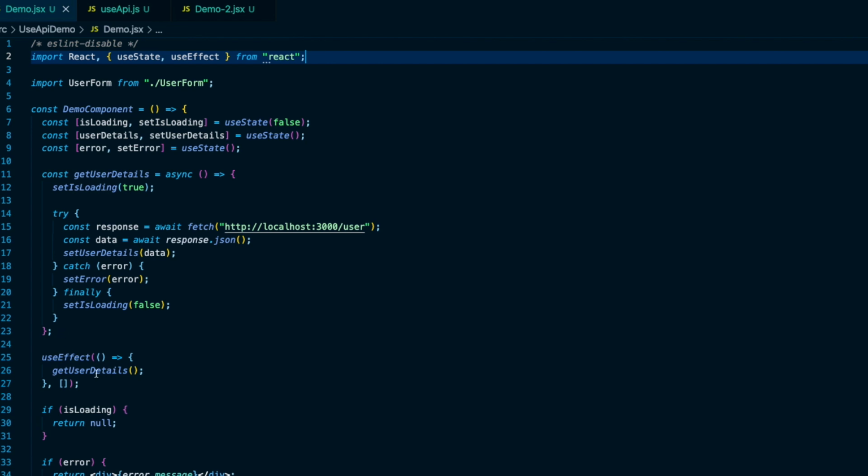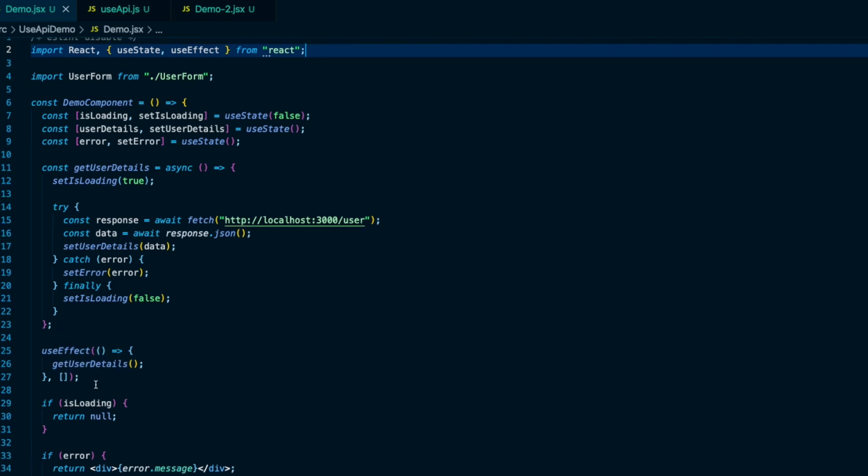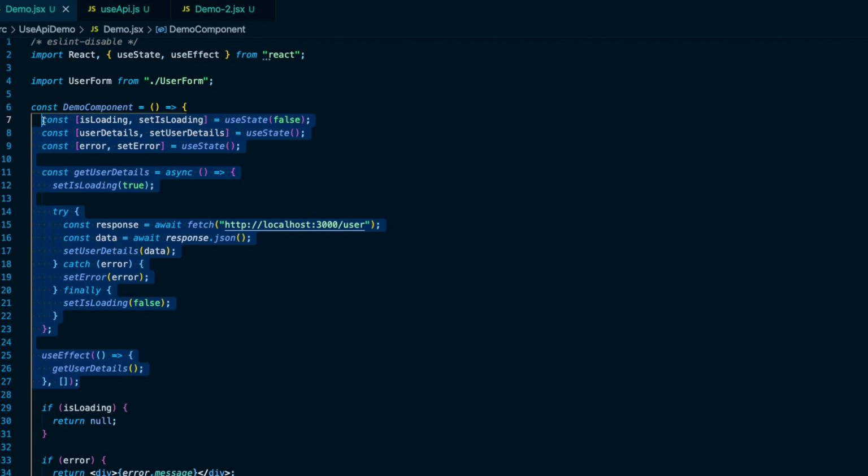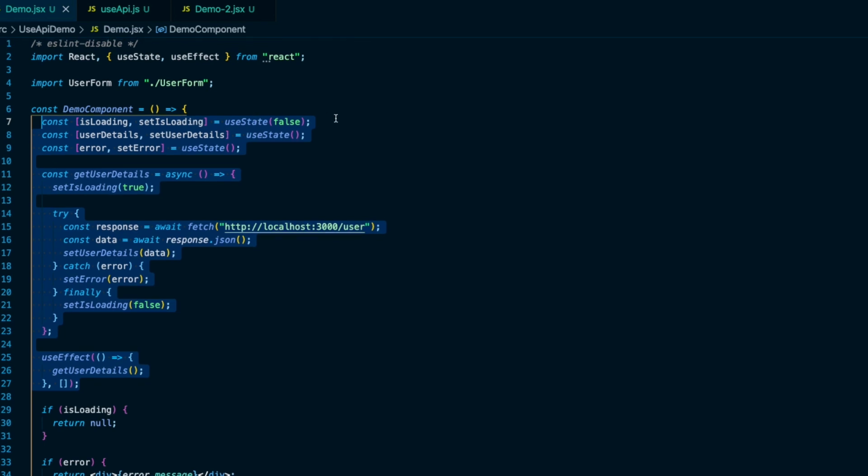In this example, you can see that we have 3 separate items of state, and we have a getUserDetails function and a useEffect that invokes getUserDetails on component mount. All of this logic is directly related to the fetching of this data and can be kept separate from the presentation. We can simplify this easily by creating a useAPI hook and cutting and pasting all of this logic directly